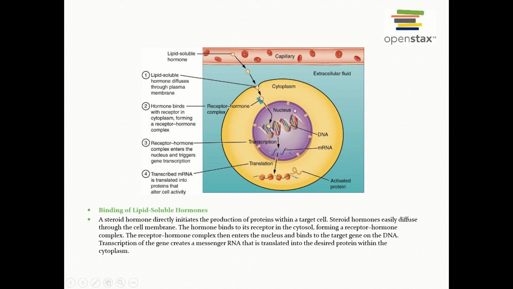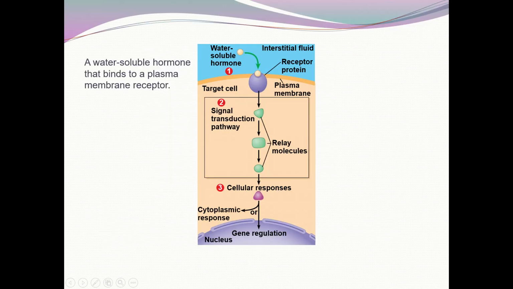Recall that transcription occurs in the nucleus, and that is when an mRNA molecule is formed. The mRNA can leave the nucleus and go into the cytoplasm, where it's carrying the genetic information. Once in the cytoplasm, the mRNA can dock onto a ribosome, and in the process of translation, tRNA molecules will bring amino acids that correspond to the codons of the mRNA molecule. And the building of the polypeptide chains consists of amino acids, which will then be modified for use.